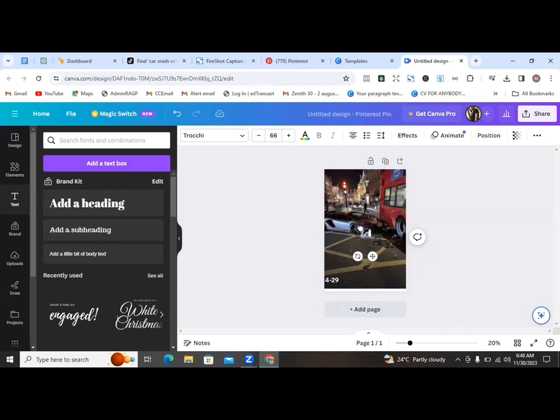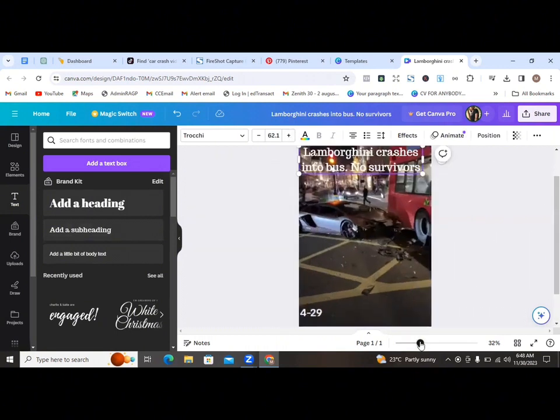Lamborghini crashes into, what's the name of this? Okay, I'll say boss. Then I'll say something like no survivors. All right. So this is just to capture people's attention. All right. So when you're doing yours, you can maybe do some designs to make it more captivating. So I'm going to increase the font size for this. Okay, let me increase it to,